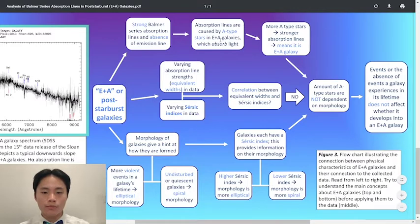Thus, a large amount of A-type stars in a galaxy indicates an E+A. Meanwhile, more violent events in a galaxy's lifetime mean there is an elliptical morphology, while undisturbed galaxies tend to have a spiral morphology. And the SIR6 index tells us the specific morphology each galaxy has, higher meaning more elliptical and lower meaning more spiral. In my data, I found varying absorption trends and varying